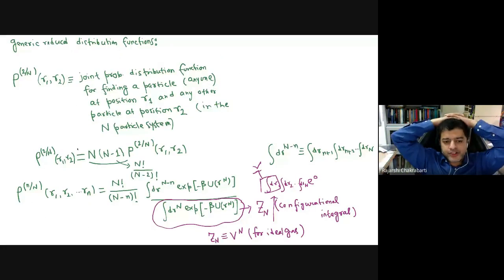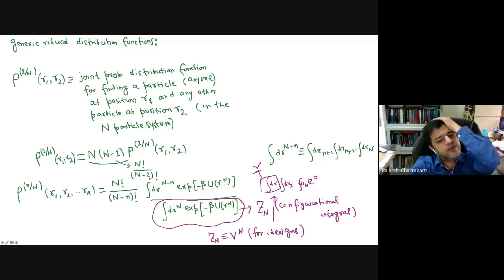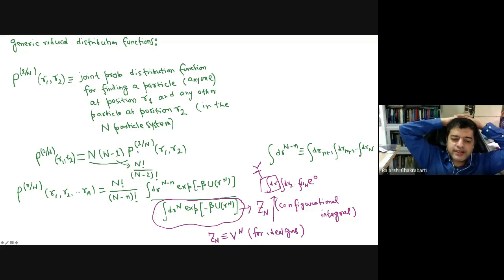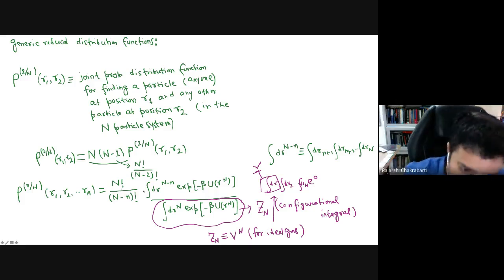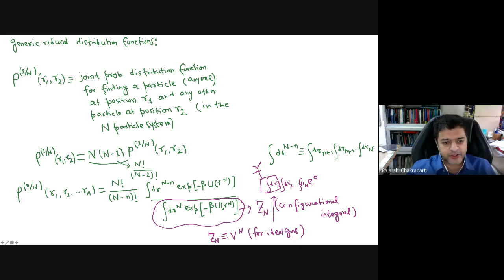Then we did a more generic thing. We defined something that is not specific but for any two particles. In that case, there will be a factor of N factorial by (N minus 2) factorial here, times this P^(2/N)(r1, r2). Similarly, you can define an even more generic distribution, a general probability distribution, which is rho to the power of n slash N. So I choose any small n number of particles from a collection of capital N classical particles, and I know the prefactor is going to be N factorial divided by (N minus n) factorial, and then I'll have this P of